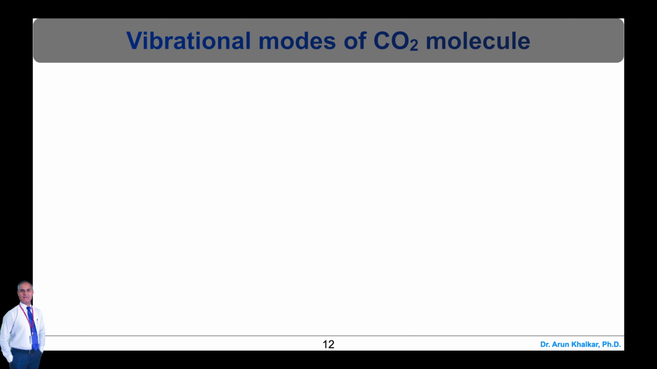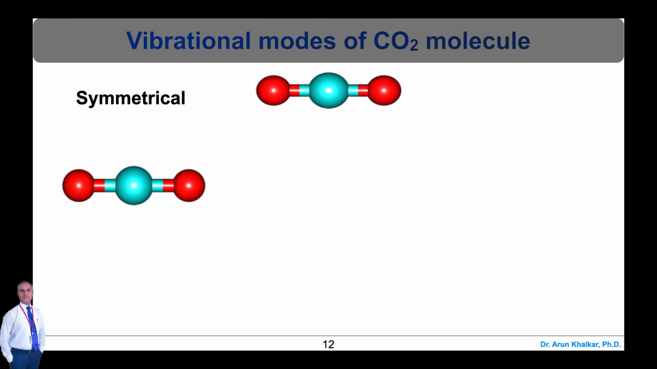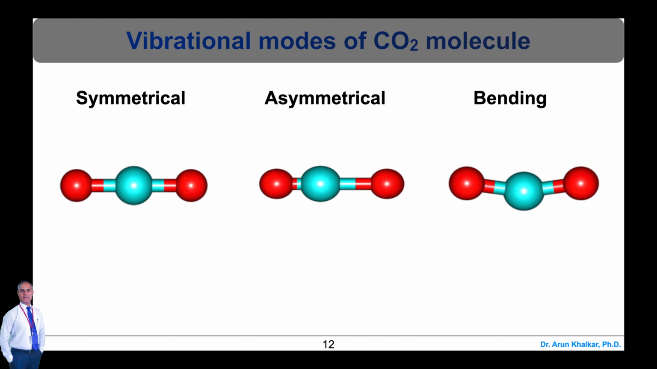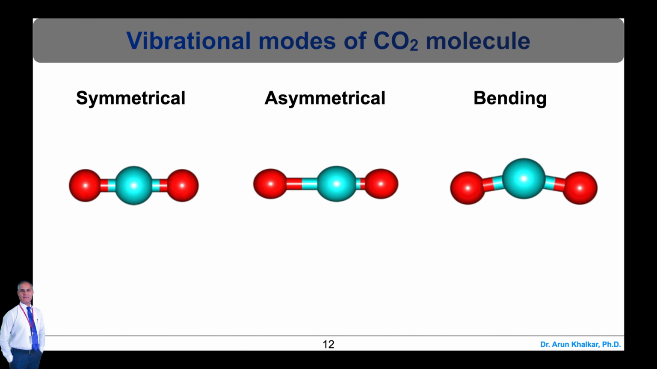Stretches correspond to the increasing and decreasing of the bond lengths within a molecule. Bends correspond to increasing and decreasing the angle between bonds in a molecule. The animation below shows the possible vibrations of the CO2 molecule. There are 3 vibrations: symmetrical stretching, asymmetrical stretching, and symmetrical bending. All 3 vibrations require different amounts of energy, so the CO2 molecule absorbs IR radiation